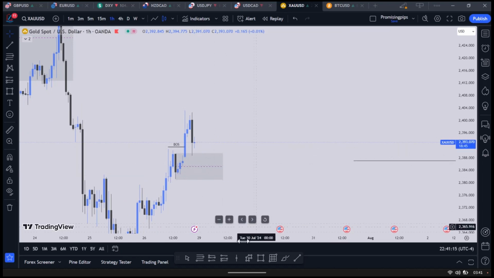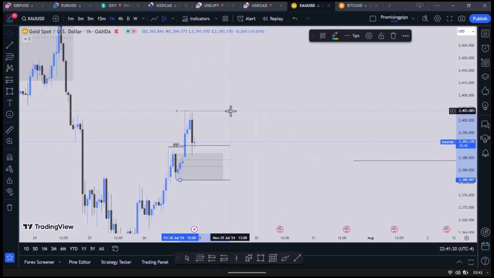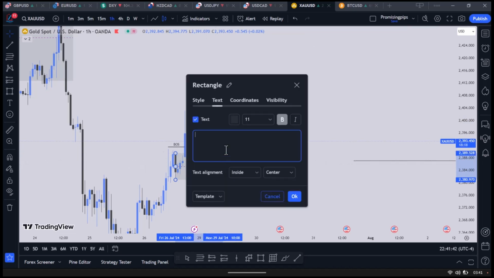If I take my Fibonacci from this zone to this zone, yes, it has also tapped, but I want it to move to my golden zone, which is 0.7. So it hasn't tapped yet. I'm still expecting the market to drop back down. If I'm going to take on this, I think I need to take on what? The threshold, right? I need to take on the threshold of this, which is the center of this.